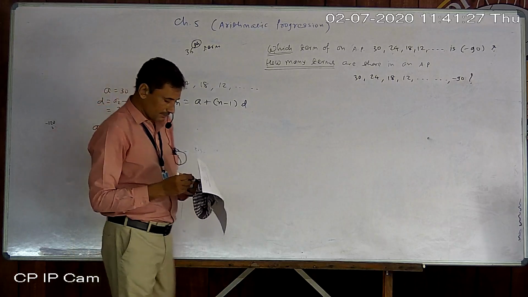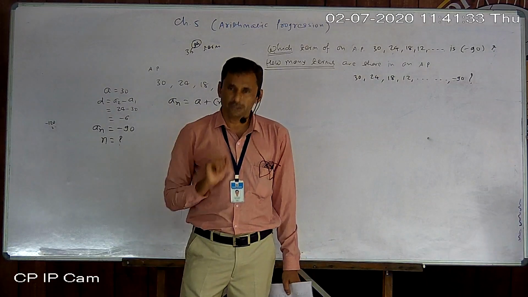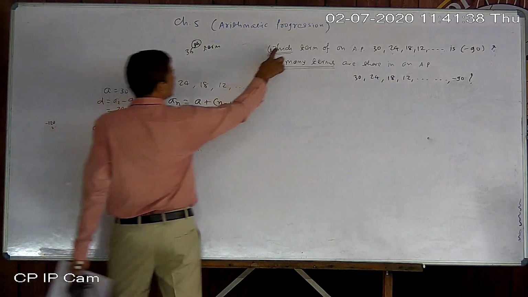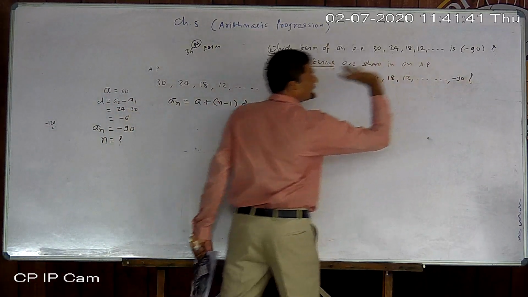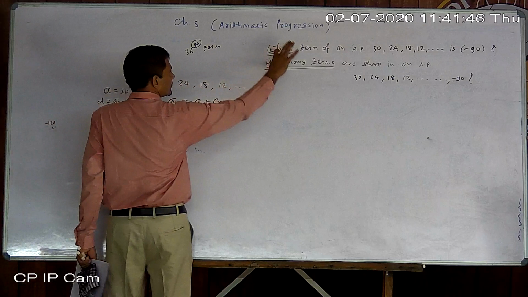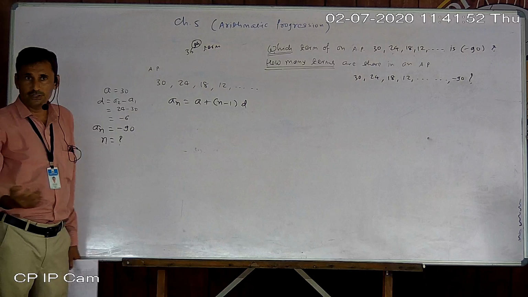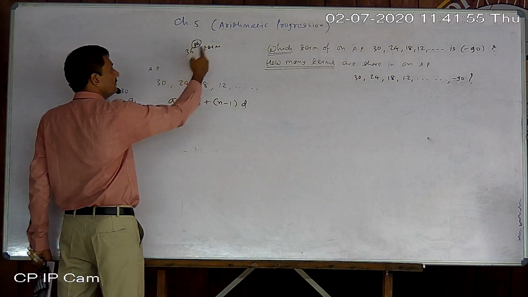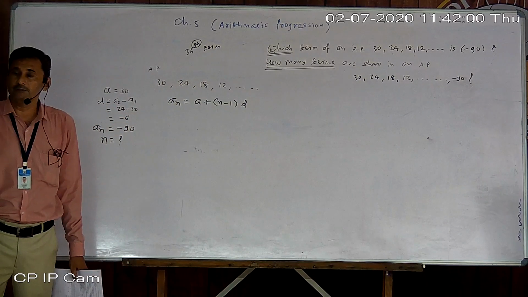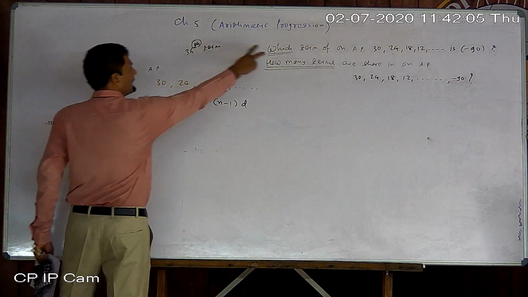If I come into your class and say, how many students are there in the class? That is what? The last roll number. Same way, this is nothing but the last term's roll number being asked. So when you come across this type of question, you should know n is asked. And n is given whenever an ordinal number is there: first, second, fifth, 38th, 35th. So n is given, n is asked.